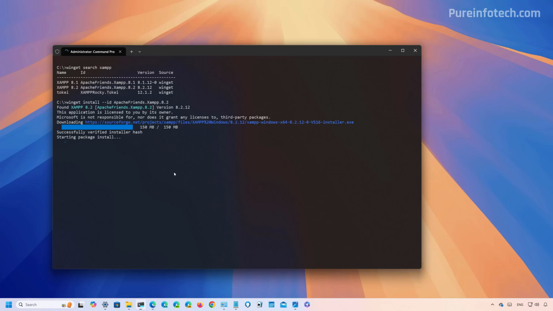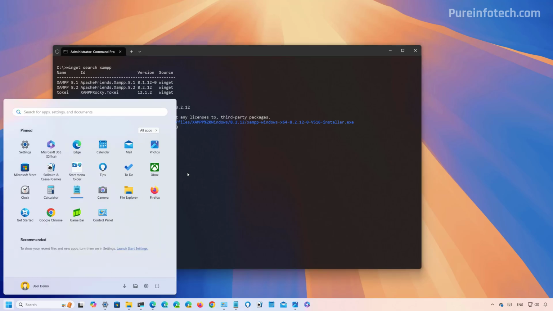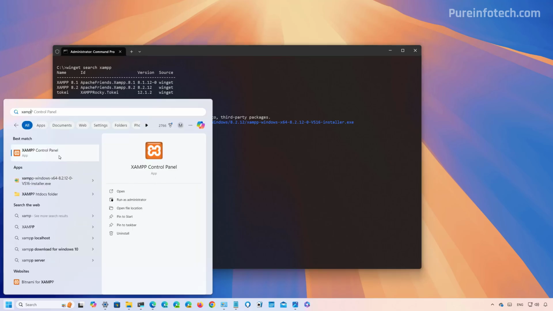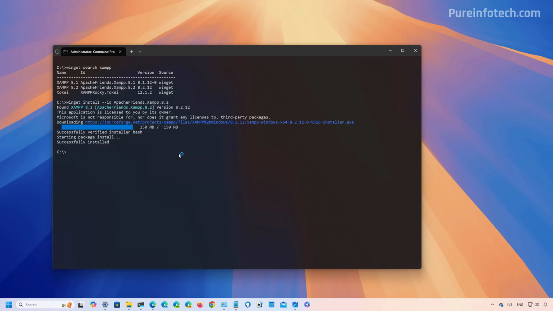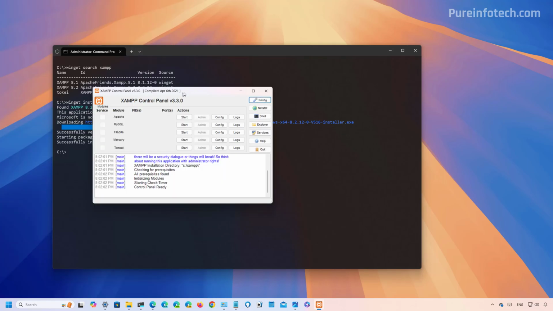Important to note that using the winget command will install the XAMPP app using all the default settings. The thing about the installation through the winget command is that the process will take some time. After the installation completes, the app should be available from the start menu like any other app, and then just click on it, search and click on it, and in here is the control panel that allows you to control